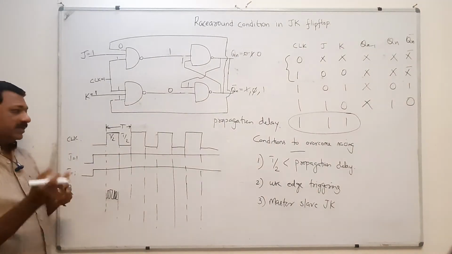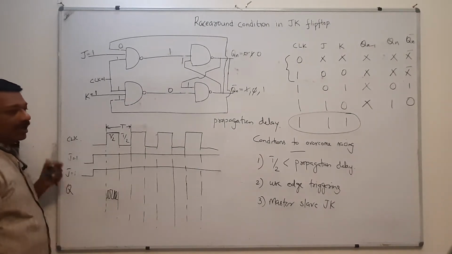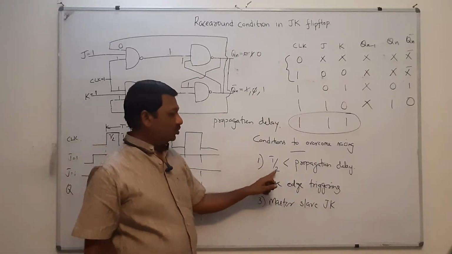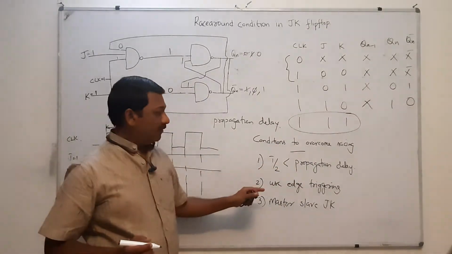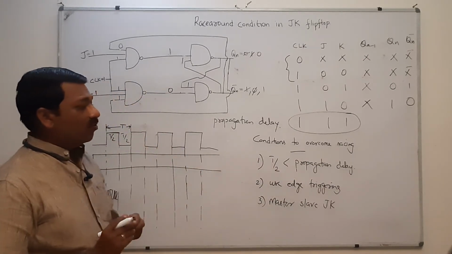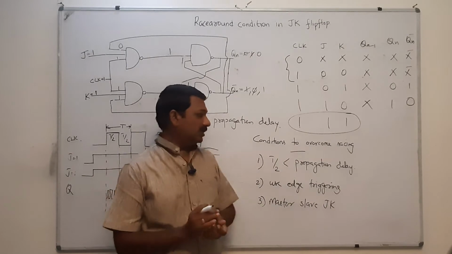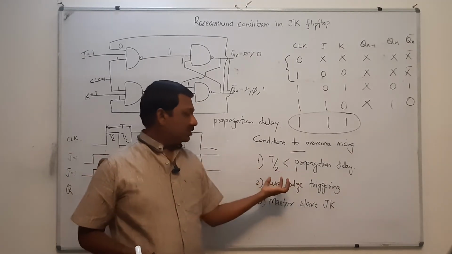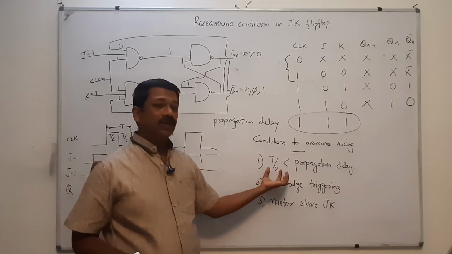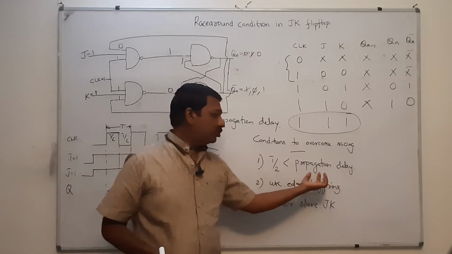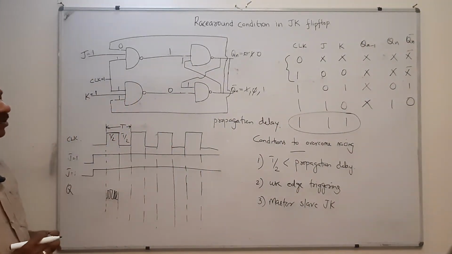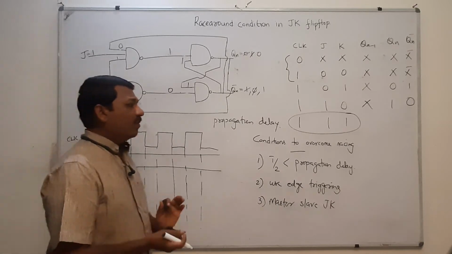If that propagation delay is less than T by 2, and if you have to overcome this, T by 2 should be less than the propagation delay. If T by 2 is greater than the propagation delay, definitely this will happen. So one of the conditions to overcome racing is that you have to set the time period of the clock pulse so that it is less than the propagation delay. And now another condition to overcome racing